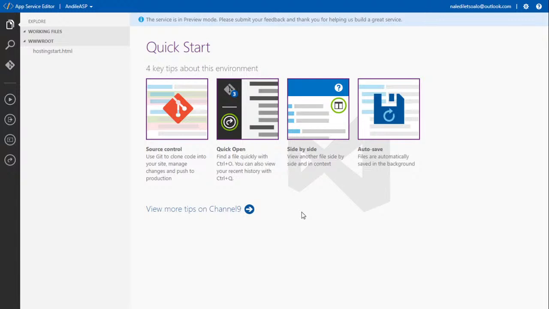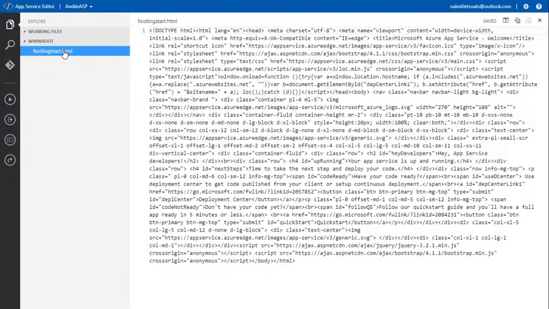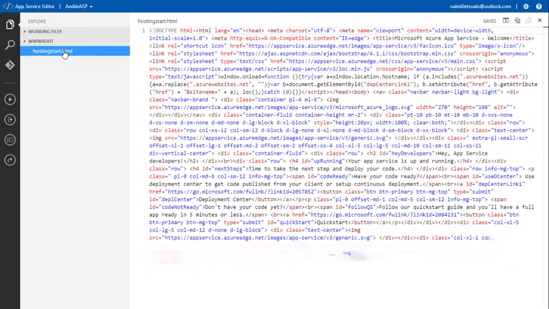I really want to change some things about the website. These are some quick starts to help you get familiar with App Service Editor. Some of you who might know Visual Studio Code will think it looks very similar, and it almost does, all right? And in this instance, I'm just going to edit the HTML, right, which is the look of this thing.